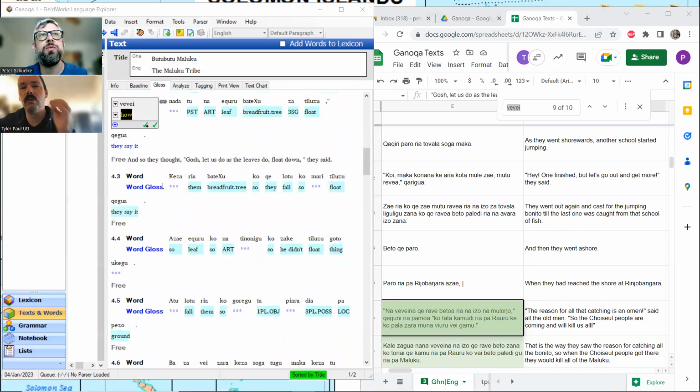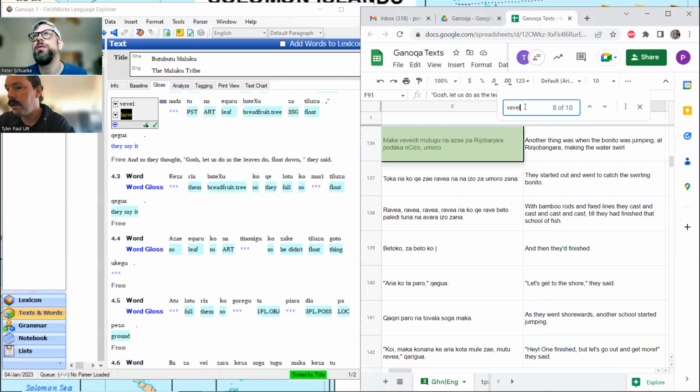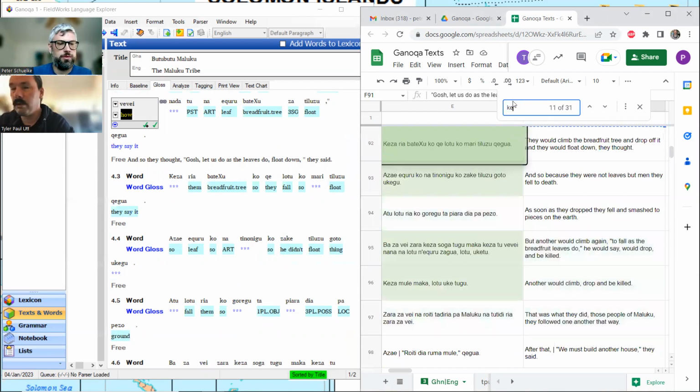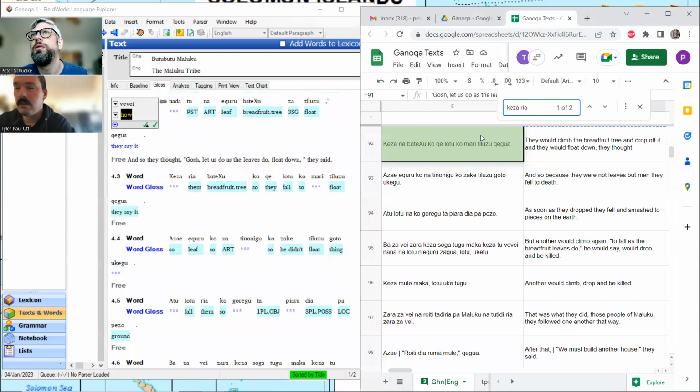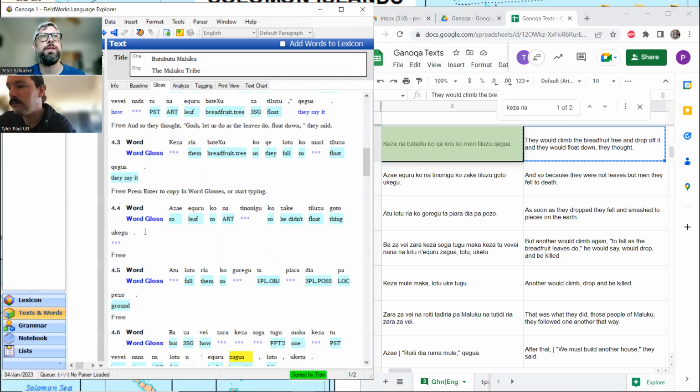And Keza, we never quite solved, right? Or Mari. Or which? Mari. Let's see. Do I have a Mari in my notes? Marene. No, I don't have a Mari there. Let's find it. You looking up Keza? So put in our free translation while we're thinking about it.